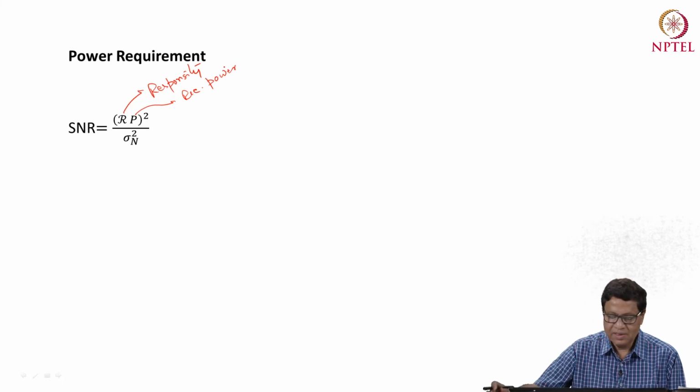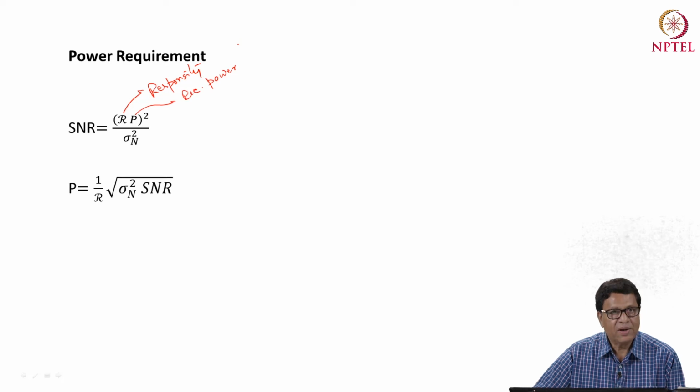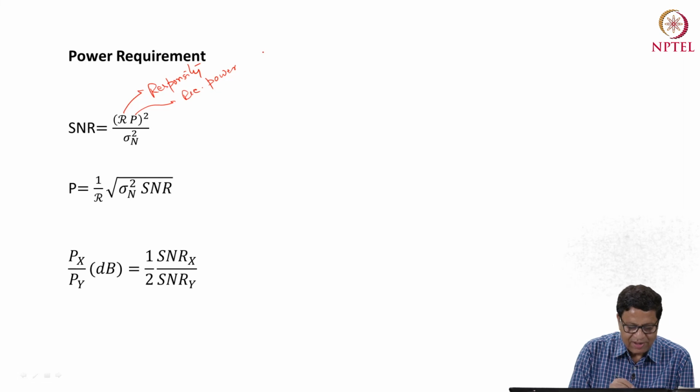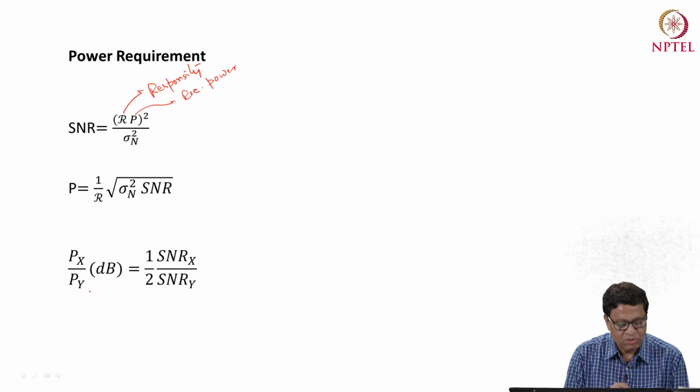So this gives you the SNR, and if I calculate P, then it is given by 1 by responsivity into square root of sigma n square SNR, which means P is directly proportional to root SNR. And if I take the ratio, the power required for a scheme X as compared to power required in a scheme Y in terms of dB, this will be given by half the SNR required for X